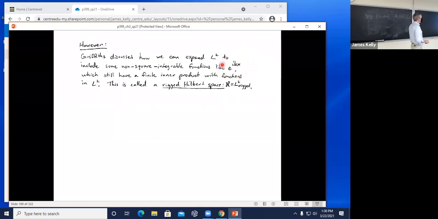But we're going to allow functions that oscillate as they go off to plus and minus infinity, like e to the ikx. The dividing line is going to be that they still have to have a finite inner product with functions that are actually in capital L2. Why? Because we found out earlier that